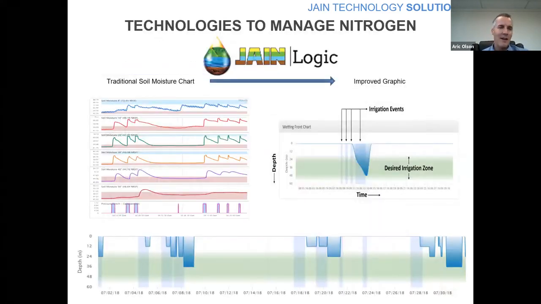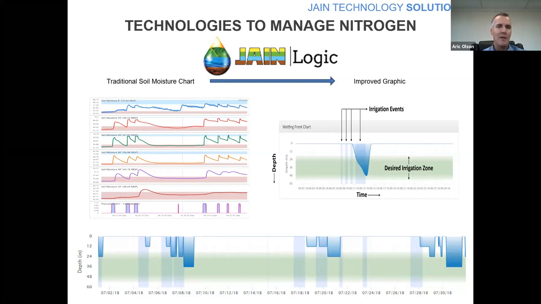The next area I'd like to talk about is utilizing soil moisture sensors and software to help you manage water and infiltration rate, and also to help you manage fertilizer and how fast that goes through the soil. Today, these are tools that we have in our agronomic data platform called Jane Logic. The pictures that you see here in the middle left of the screen are the